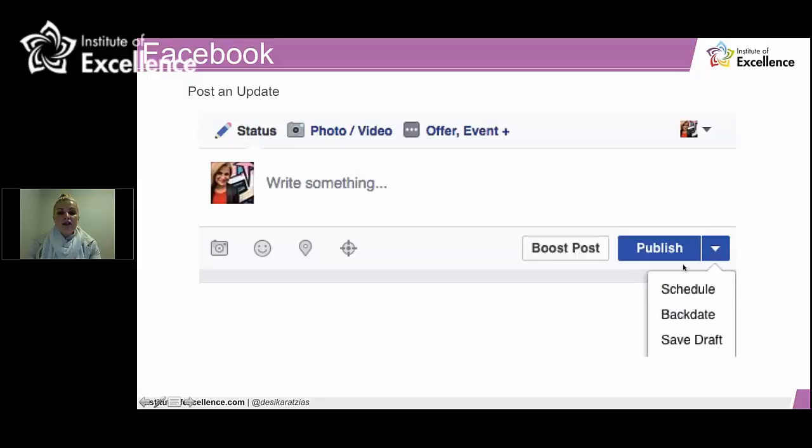You can do this straight from your Facebook page. Instead of hitting publish, you dongle down here and you can schedule, you can backdate, or you can save a draft. I usually save a draft a lot myself, because sometimes I might start a post just so I don't forget it, or I can go back and work on it later. I'll save it as a draft.